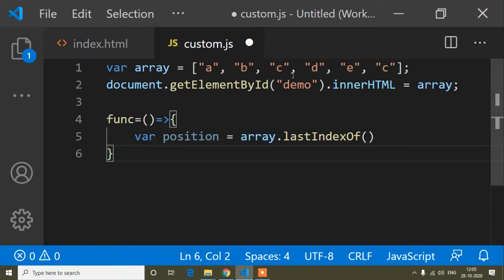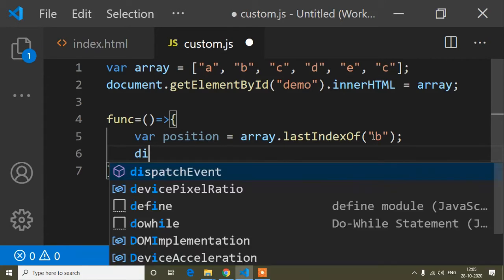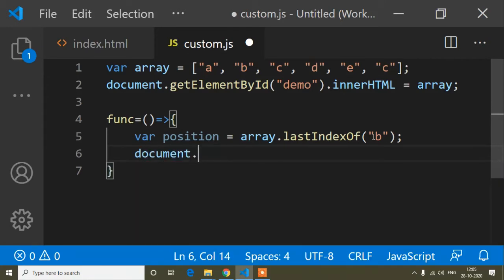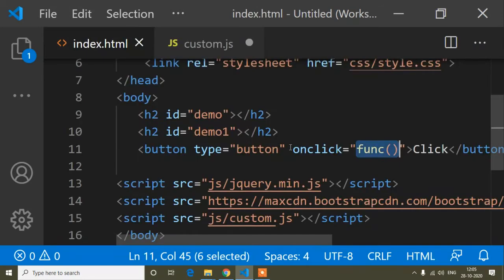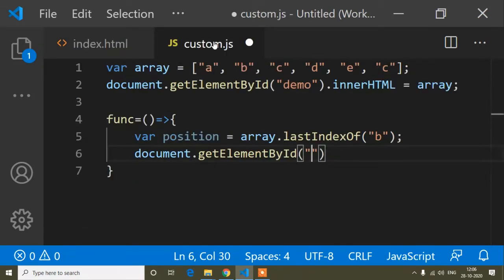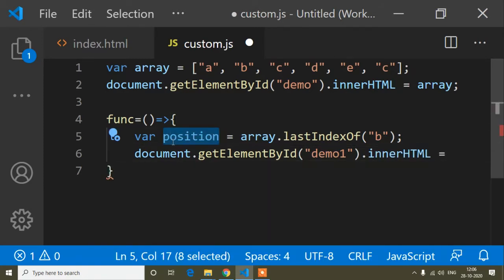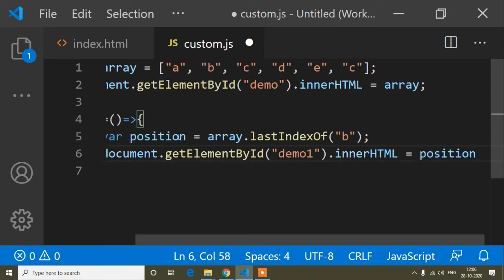Suppose I want to find the position of B. Now document.getElementById, and the id is demo1. I will paste the demo1 id, dot innerHTML equals this variable, because I assigned the result to this variable.